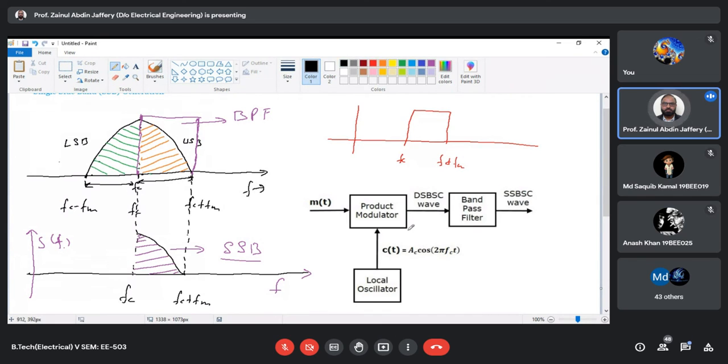But actually in practice, getting this band pass filter is not possible, right? It is very difficult. In fact, ideally and practically it is not possible. So the practical band pass filter कैसे बनता है? Practical band pass filter is like this. So if you make a practical band pass filter,